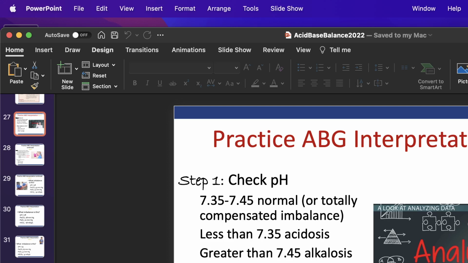The PaO2, where it fits into the puzzle: the PaCO2 reflects the ventilation, how they're breathing. The PaO2 is how their blood is oxygenating. So in other words, if they have a PE, their ABGs might look normal except for that PaO2. So it is an important piece of the puzzle. So for the interpretation of it,